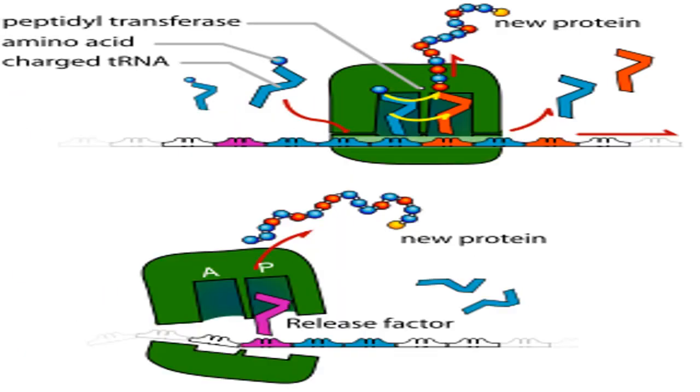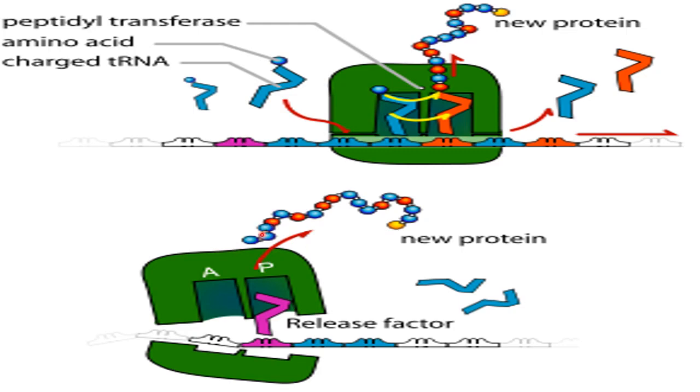This is the diagram for the termination step of translation. So here you can see this is an mRNA chain having the different codons. Okay, these are the P and A sites of the ribosome. Here this polypeptide chain is attached with the tRNA. This is a tRNA where the polypeptide chain is attached. When the stop codon comes, there is no tRNA having the anticodon of that stop codon. So what will happen? A release factor will get attached here at the stop codon, and due to attachment of that release factor, this process of translation will get stopped.